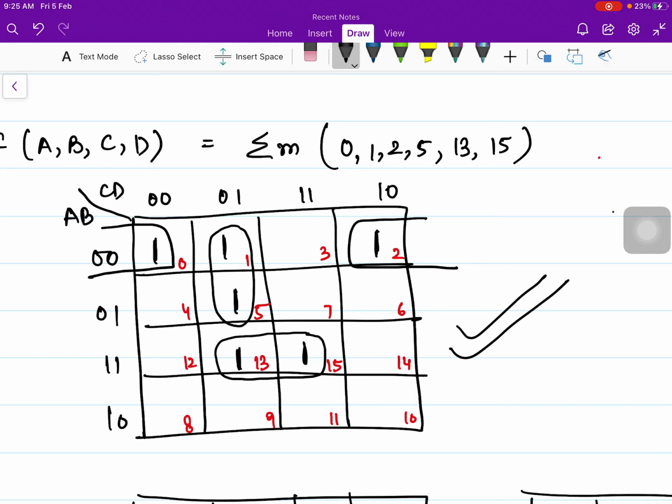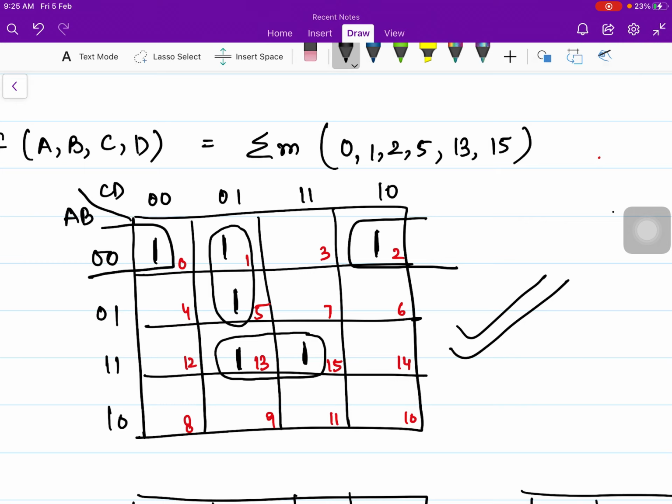It was only possible to group it when you make a pair of this one with the 13 block 1. So first of all, make this pair, okay? Then when you make this pair, you will be left with 1 and 15, 0 and 2 block, okay? Then you see that block number 2, 1 can be only grouped with the 0 block 1. So make this group first. And then you will be left with a group of 1 and 5, block number 1 and 5.